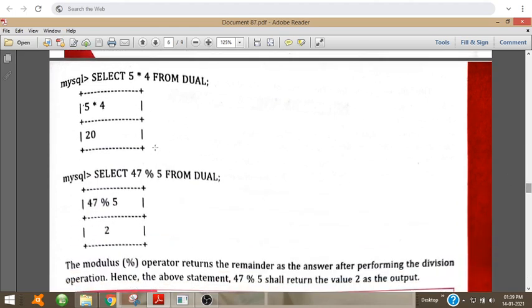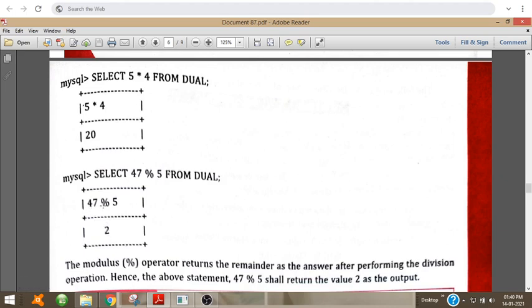Now this is multiplication. 5 into 4, that is 20, will be obtained. That is, what is given in the select statement will be the column heading and the output will be shown below. Then 47 mod, this percentage means the modulus operator. It will divide that value and return its remainder.